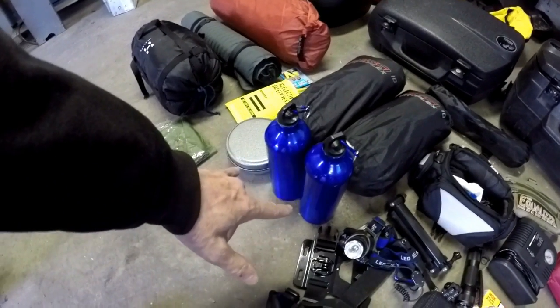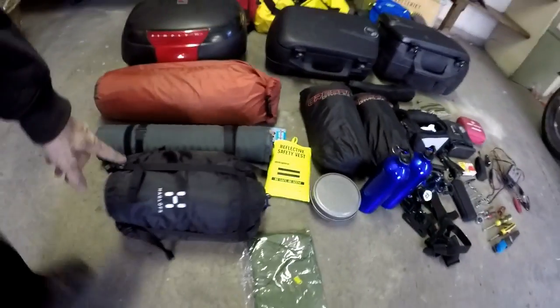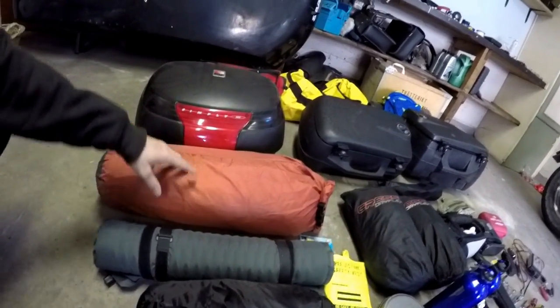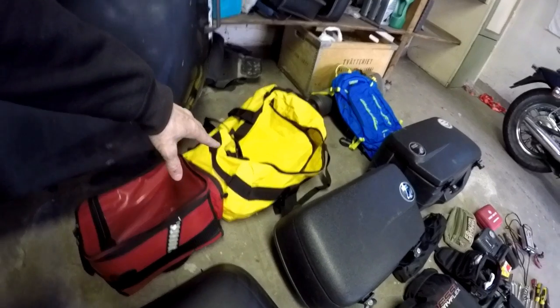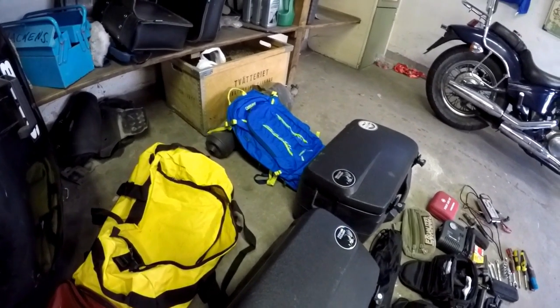Two water bottles for cooking and stuff, a little cooker, a sleeping bag, an inflatable mattress, a tent, and these are the bags. This is the top box, side boxes, a waterproof tank bag, and over here we have the camel pack that I got